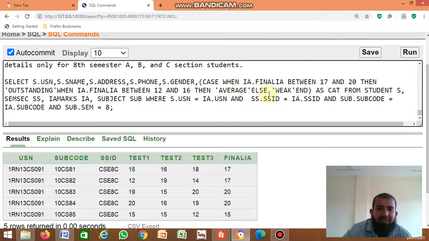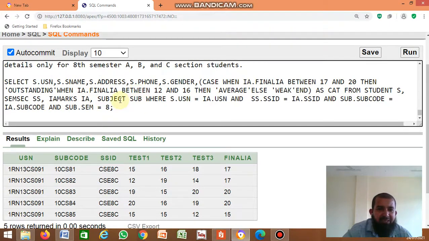Otherwise, if it is less than 12, not between 12 and 20, then weak, as category from student S, semester section SS, IA marks IA, subject SUB.